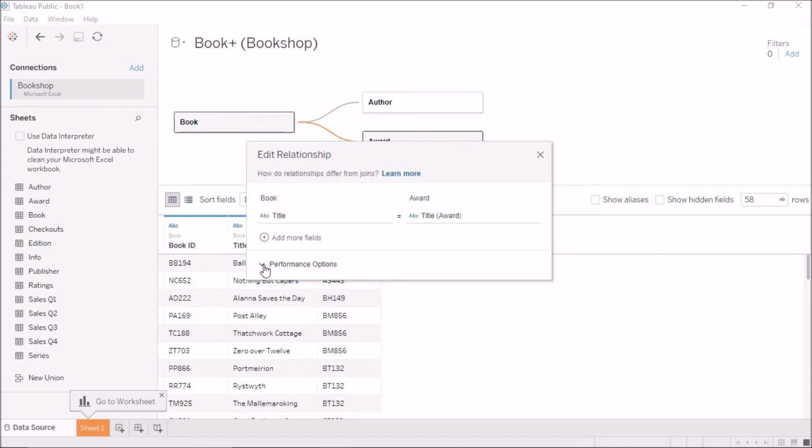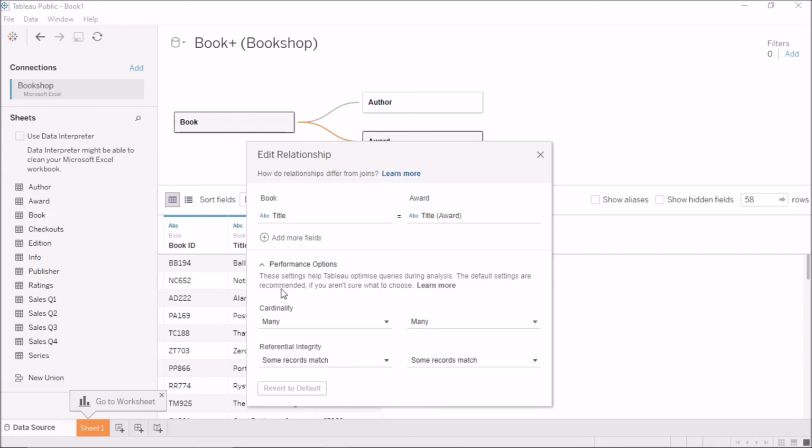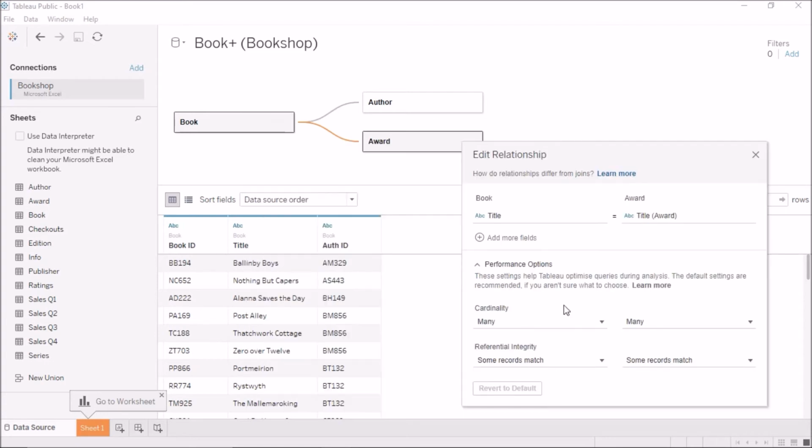Okay, now performance options. Now Tableau is telling us that these settings help Tableau optimize queries during analysis. The default settings are recommended if you aren't sure what to choose. So by default, Tableau is assuming a many-to-many relationship, and referential integrity, it is assuming that some records are matching, and in the other table as well some records are matching. So what it means is that, for example, I know that